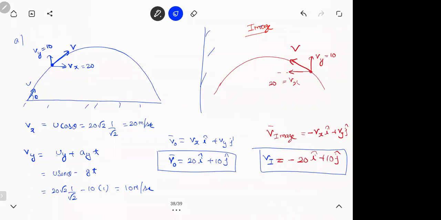Hope this was clear. This is the first part. If you see now, I just said mirror and all, it looks a little scary. Arey sir, you brought a mirror, projectile. But if you actually see the question, there is nothing there. So if you just put a reflection of it and you say it is going in the opposite direction.